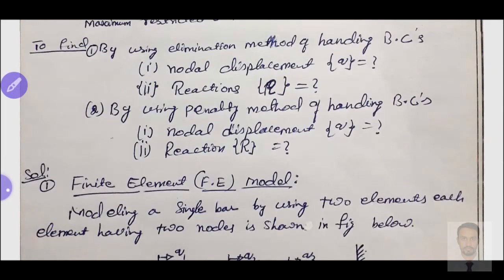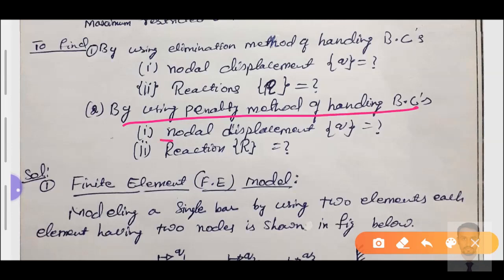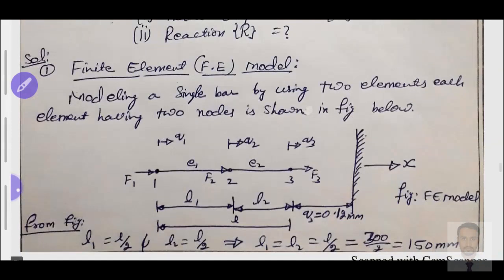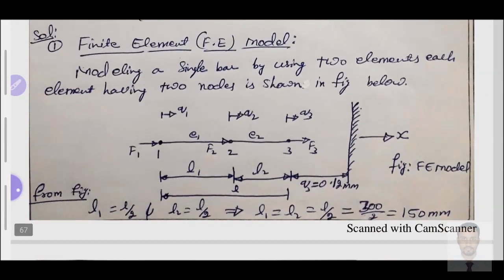What we are determining here, by using a penalty method, is the same nodal displacement and reaction force. Both the methods we are using. What is the first step of the finite element method? As I have discussed in a previous video and in a previous problem, in any kind of method, either the elimination method or the penalty method, the first four steps are common. In those first four steps, first we'll go through them, and then we'll go with the elimination method and penalty method, applying the boundary condition to find out the given characteristics in a problem, that is the displacement vector and reaction supports at